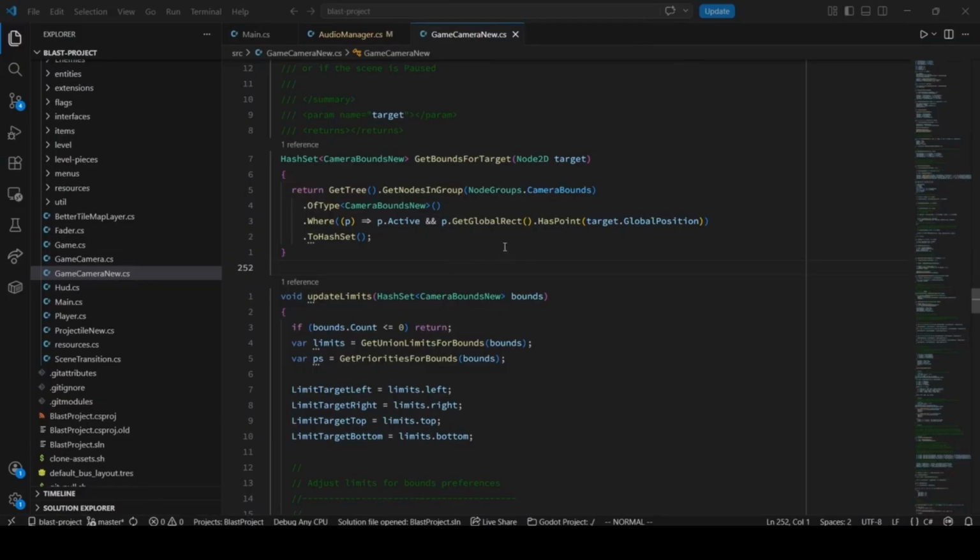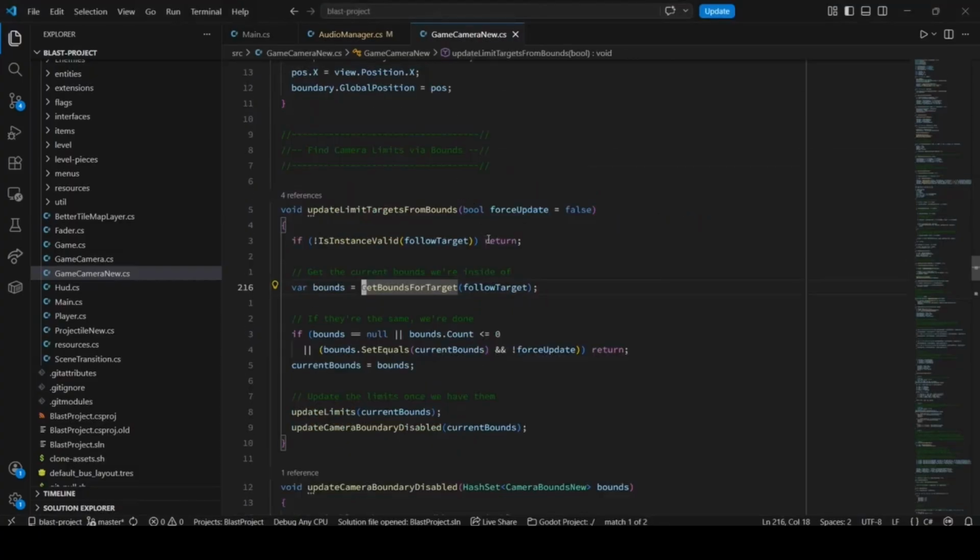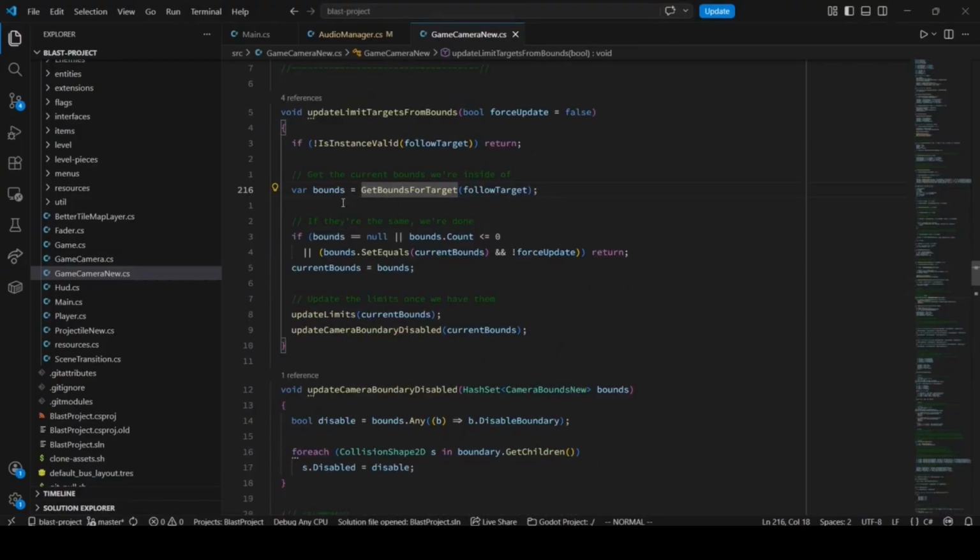And then the more important one is we grab the rectangle, and then we're checking if our player's global position is a point inside of that rectangle. We just do that for every rectangle, and it's not really that bad in terms of performance. Apparently it goes really fast anyways, but there's maybe like 30 rectangles defining views within a level, so this never really gets very big. But yeah, so we grab all the bounds, we grab all the rectangles that are valid bounds that we're overlapping, and then